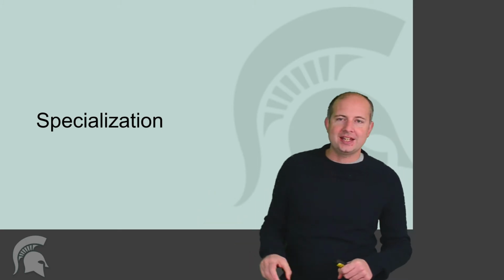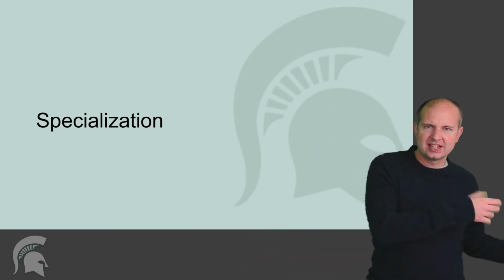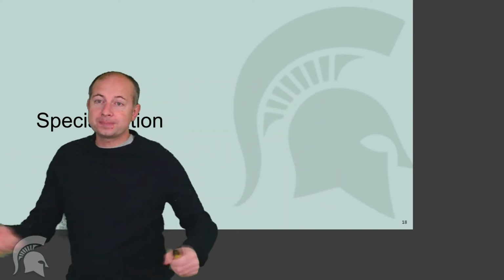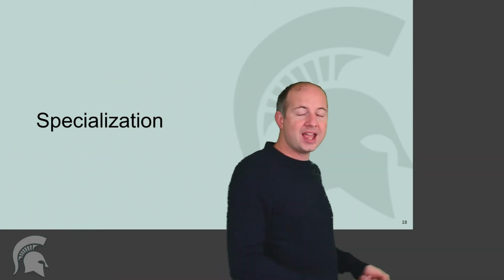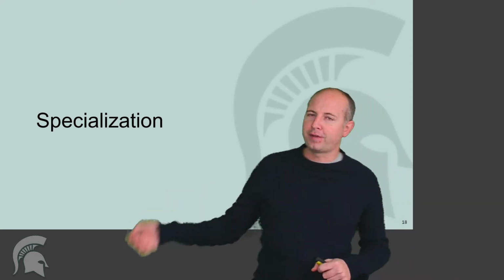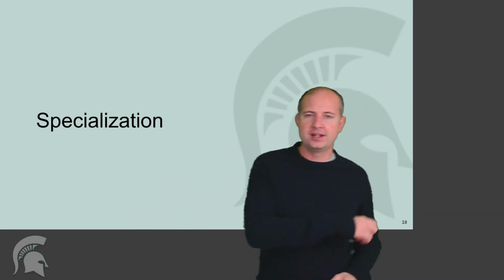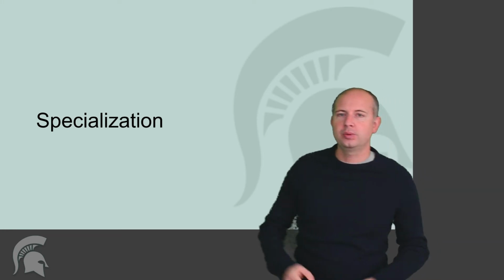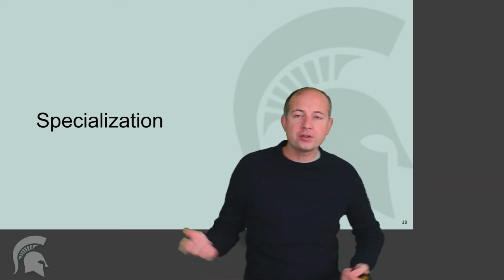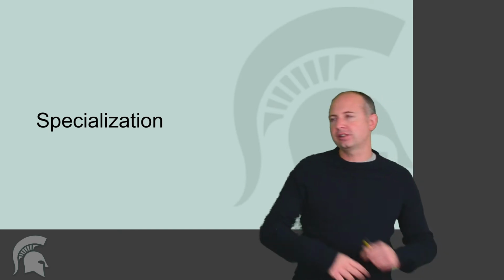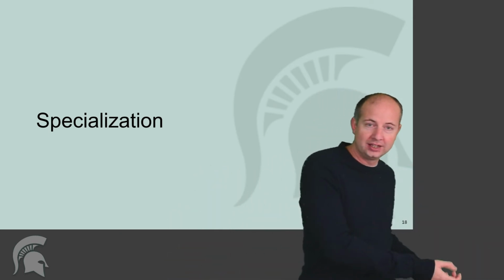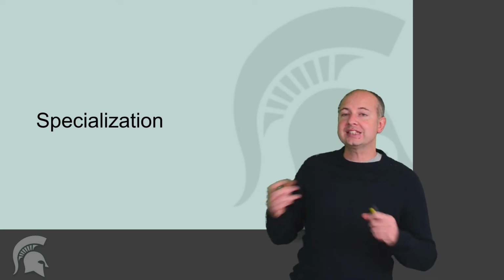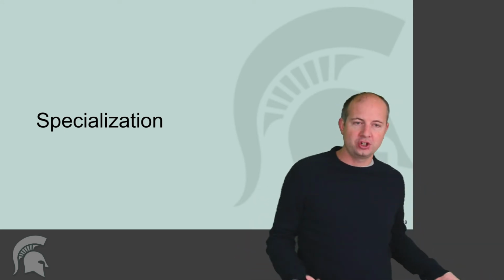Next, we're going to think a little more about specialization, right? So we had this idea that LeBron should specialize in playing basketball, and someone else who's not good at basketball should specialize in running a bakery. And we had another example where we had an apple farmer and an orange farmer, and one of them should specialize in making apples, and one of them in making oranges. Well, the idea holds whether the person who has the orange farm is located in Florida or Costa Rica. Either way, we think that each of them should specialize in what they do best. So let's think about this from an international perspective.